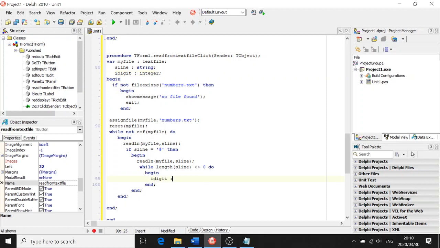Digit is going to be equal to S line character number 1. Remember I showed you that we were going to chop off the first character. Well, yeah. But of course,